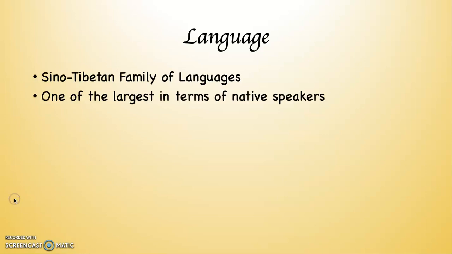This next set of languages and language families is probably best viewed regionally. So if you can put them together where they are regionally, you're probably going to be able to digest them better and of course do better on the exam. The first of these families is the Sino-Tibetan family of languages. The Sino-Tibetan family contains one of the largest languages in terms of native speakers on Earth. It may very well even be the largest natively spoken language on Earth.